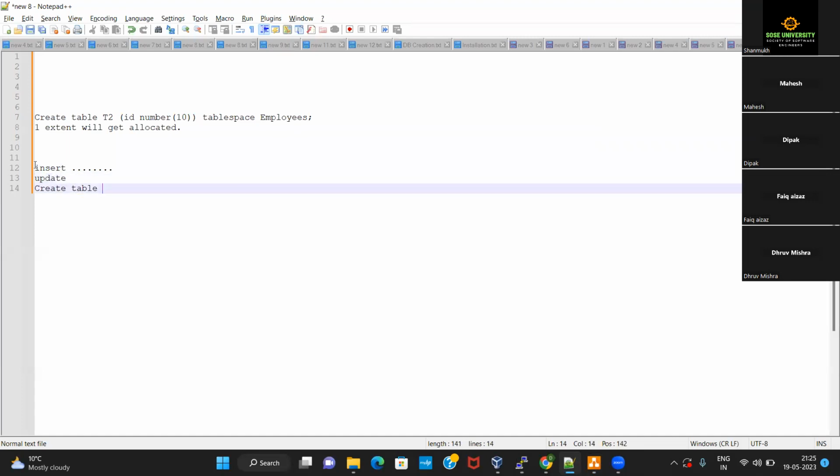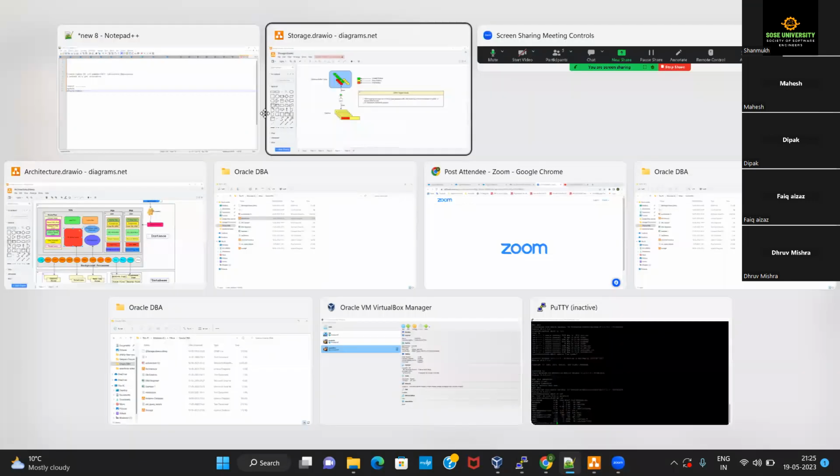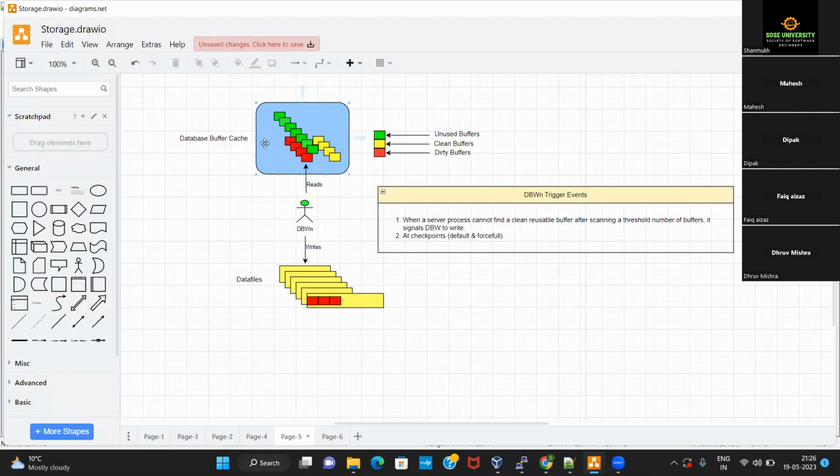Now, to process these statements, internally, Oracle needs to find some free buffers inside the database buffer cache. Let's assume that there are no free buffers available inside the buffer cache.